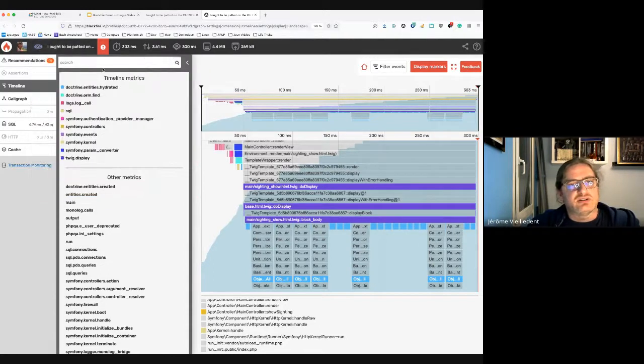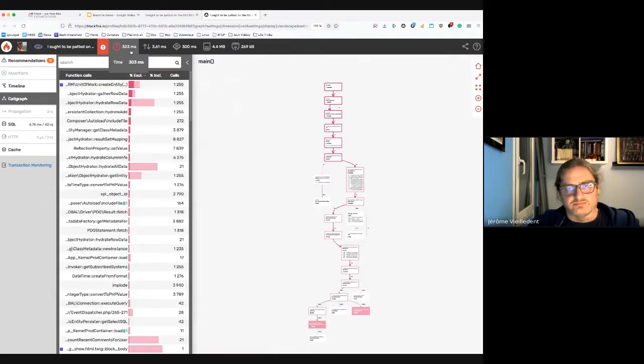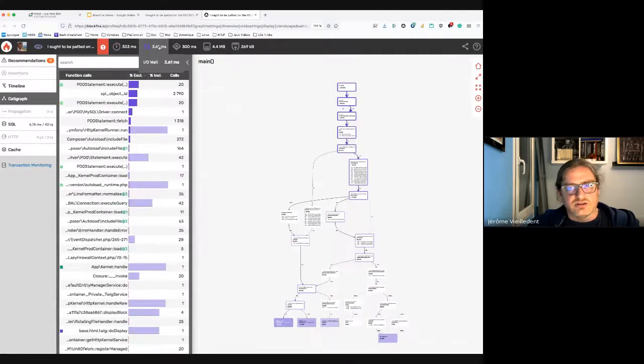Now let's have a look at a call graph. So the call graph is this. And if I change, no, I cannot move this. Yes, I can. I have a very small window. And if I click on the different dimensions, you can see that the call graph has different aspects.